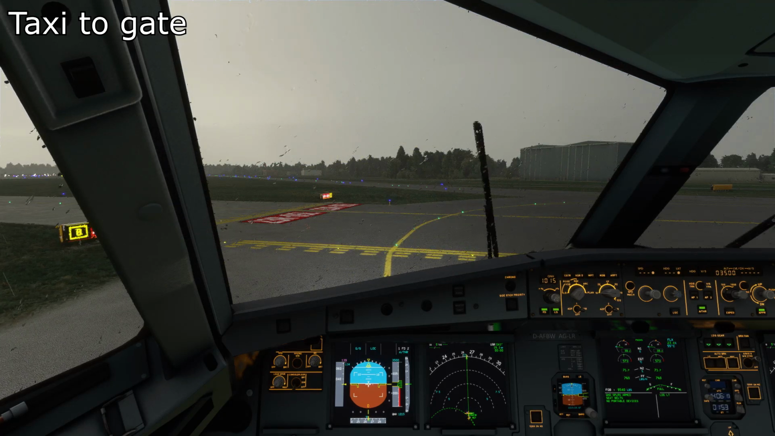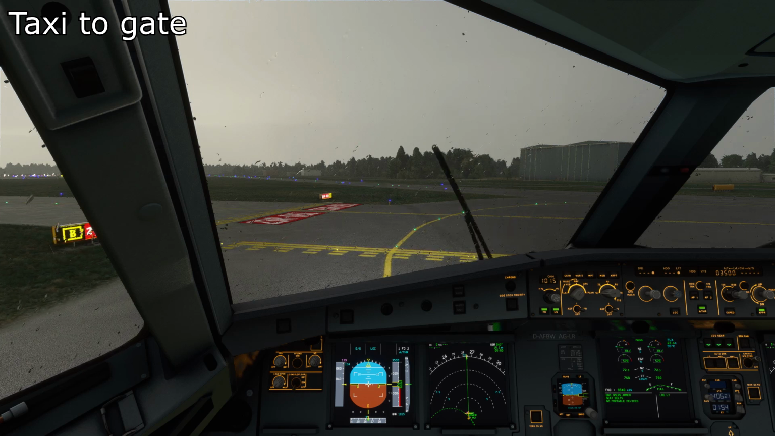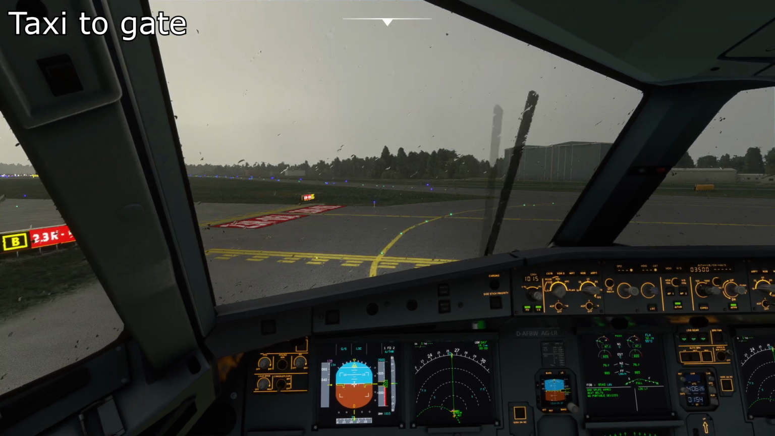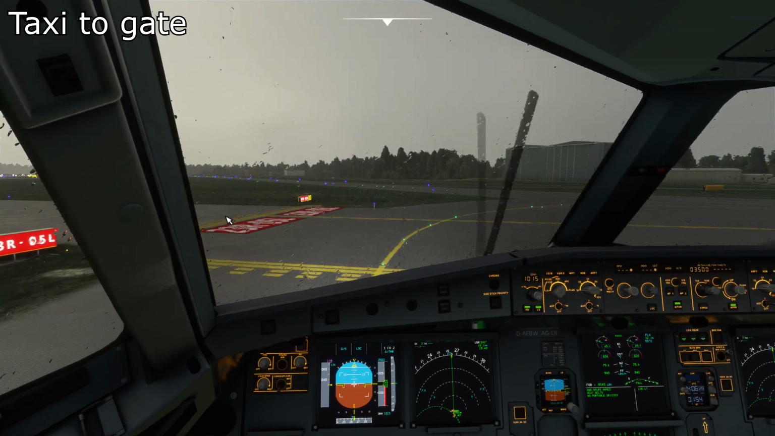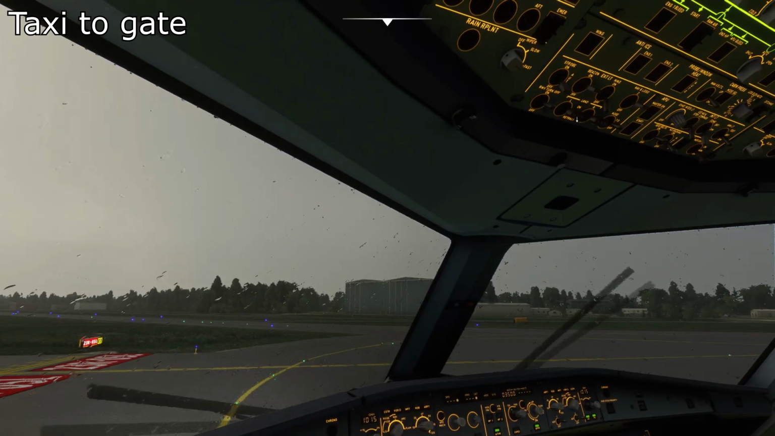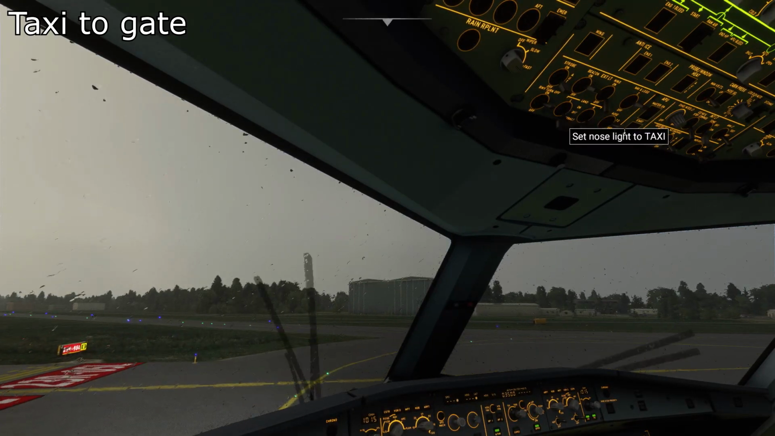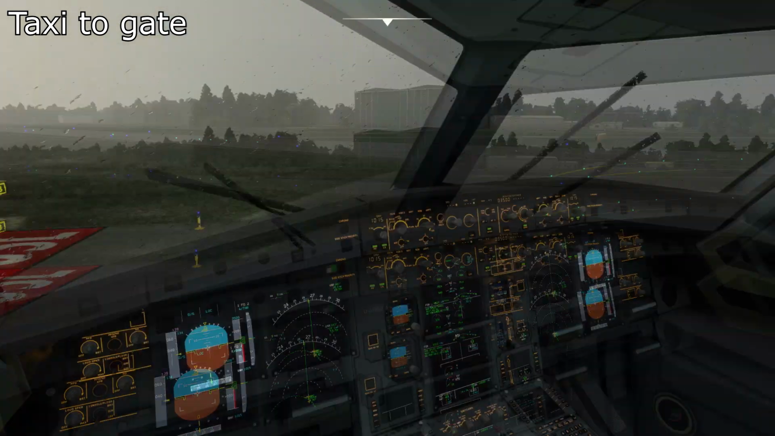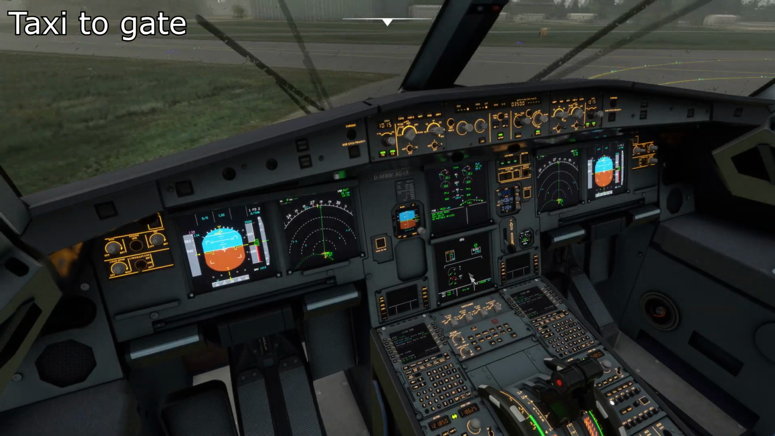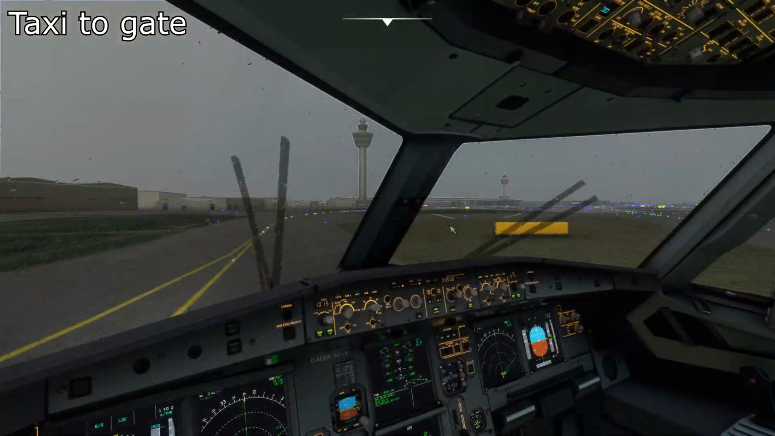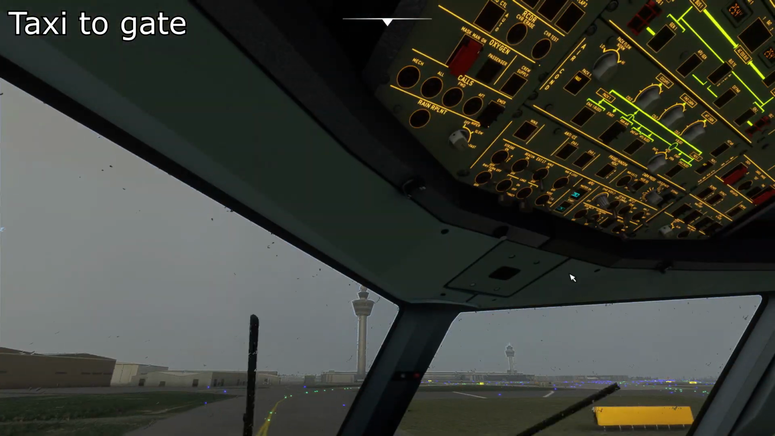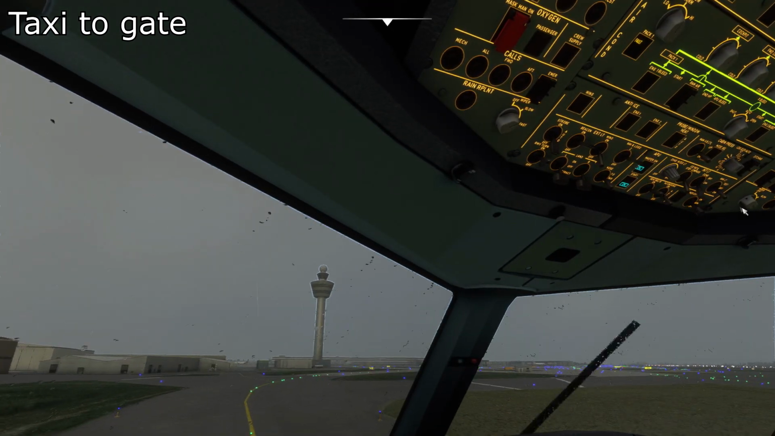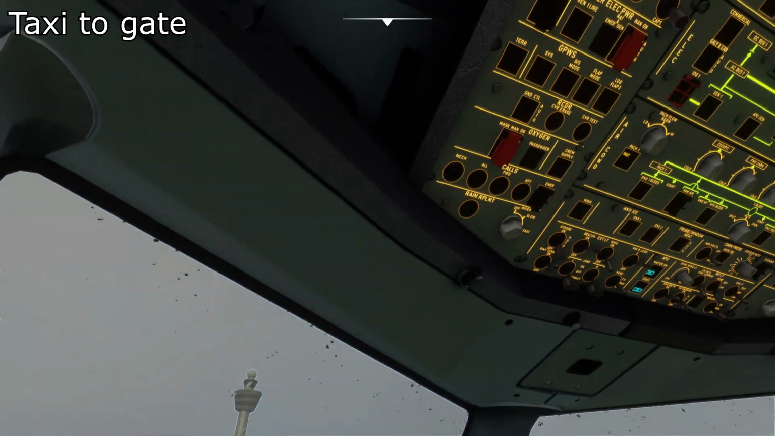So I've got my chart up again, not that you can see, looking for stand 8, and we will follow the taxiways he's given us, which is Alpha, Charlie and Lima. We can turn off our landing light here and set our nose light to taxi, and I also like to start the APU, so we'll put that on, wait for flap open to appear down here. We've got flap open down there, so we'll start the APU. Can switch off the strobe lights, calm down the wipers,